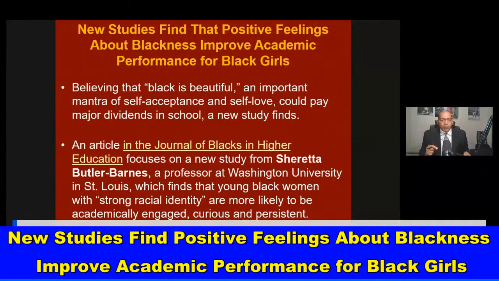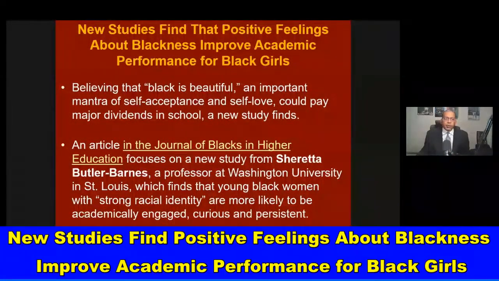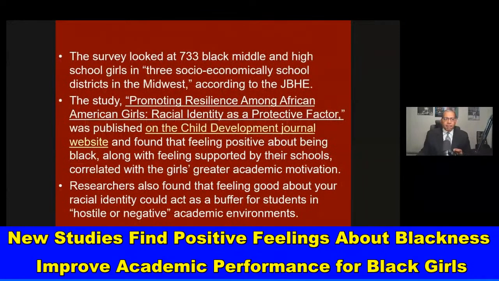An article in the Journal of Blacks in Higher Education focuses on a new study from Sharita Butler Barnes, a professor at Washington University in St. Louis, which finds that young Black women with strong racial identity are more likely to be academically engaged, curious, and persistent. The survey looked at 733 Black middle and high school girls in 3 socioeconomically